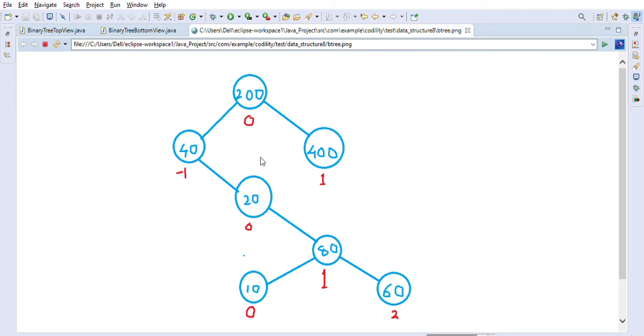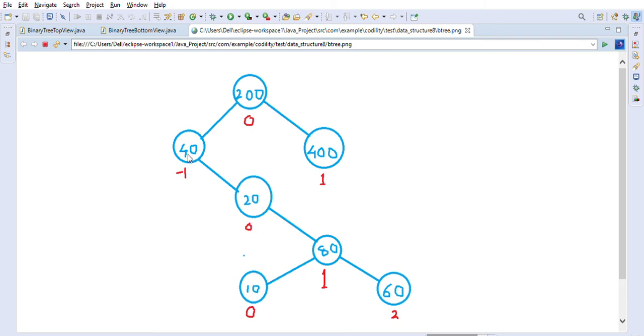But in case of bottom level view, we will actually override, because we want 10 in this case to appear when we are looking at this tree from the bottom upwards, right? So we will overwrite it.